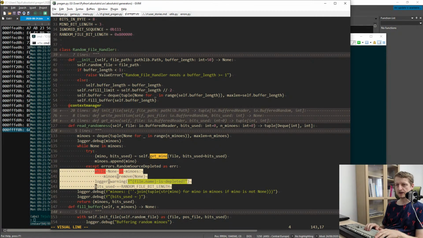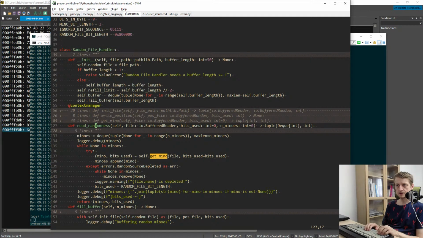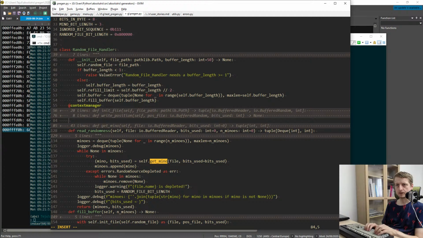I have it in read randomness. It's a bummer. So I will externalize it as an extra function and say